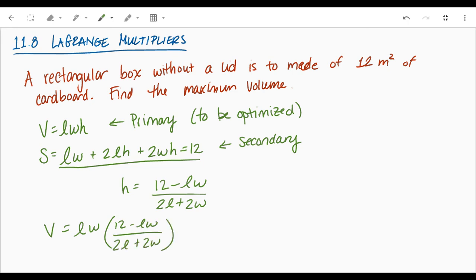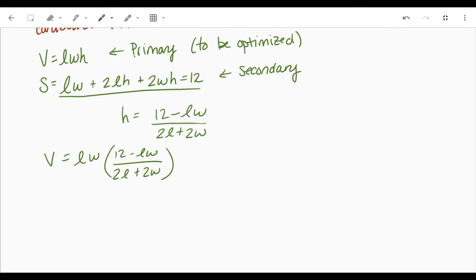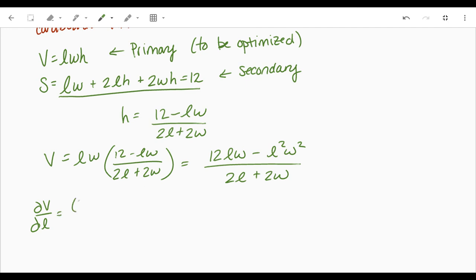Okay, but again, there's too many variables for us to do dV/dL or dV/dW like we would have done in Calc 1, but we do know now that we can do this with partials in Calc 3. So I'm going to distribute that LW. Okay, and then we can do dV/dL,